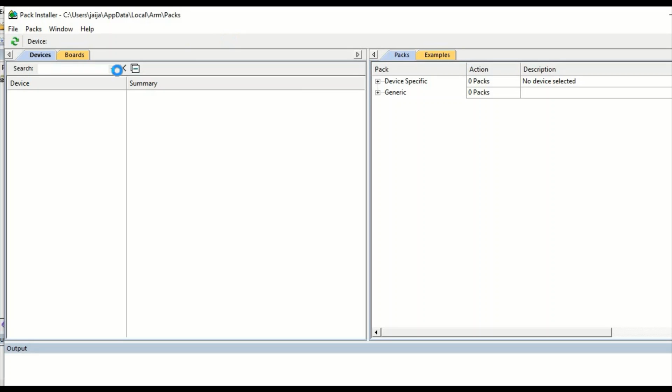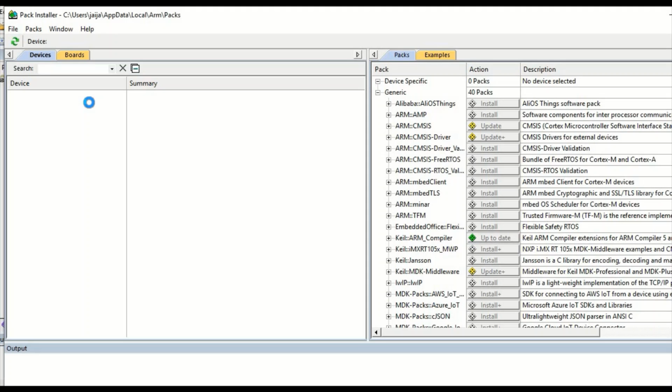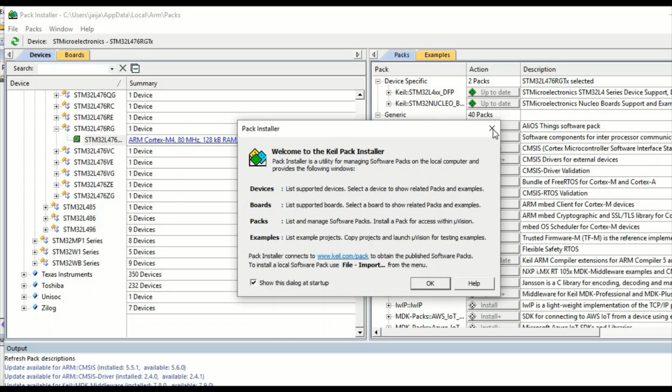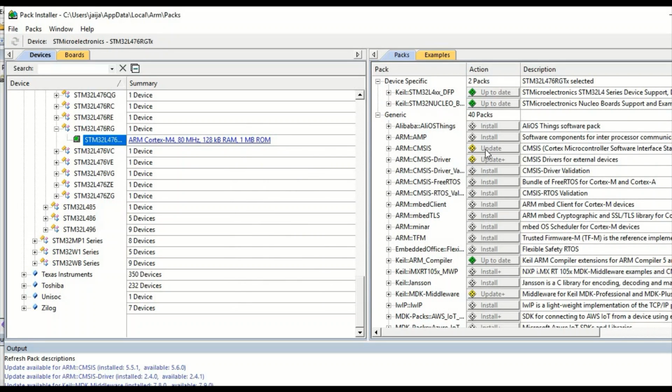So on the left side, different vendors of the ARM microcontrollers are available like ST, TI, etc. This is TI and the ST we are using. Click on it and on the right side you will get an option of installing that pack. You need to go to that option and click the install button and it will download from the internet and install in your IDE. So that was for Pack Installer.